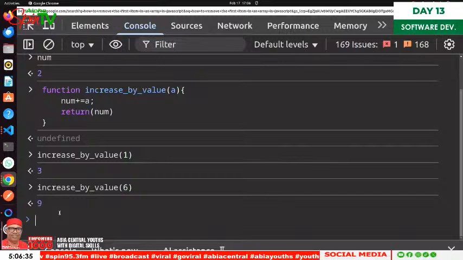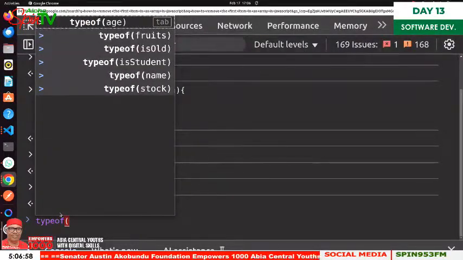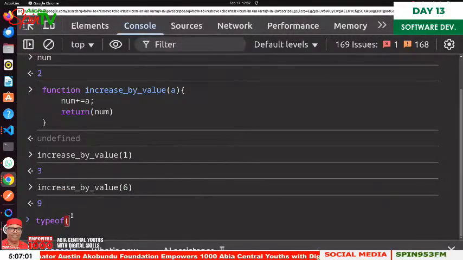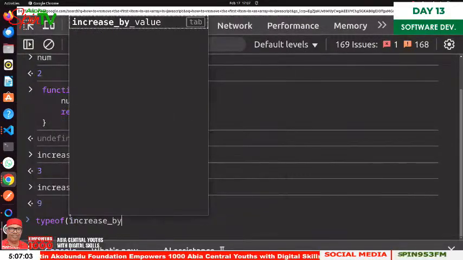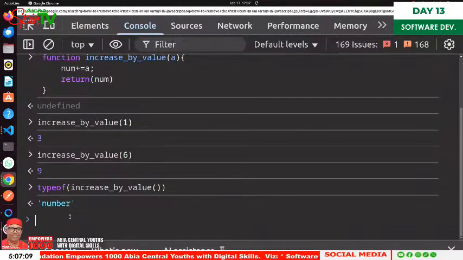So I gave us a task. Yes, a function should always have a return keyword. What we are returning is num. Now let's do typeof, what's the name of this? Increase by value. Did you see what it gave us? Number. Why? Because